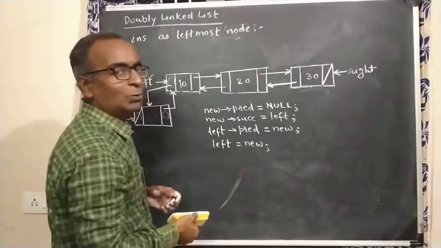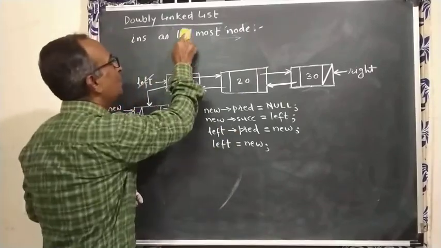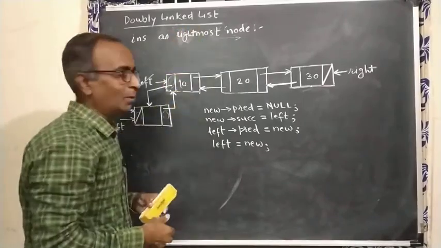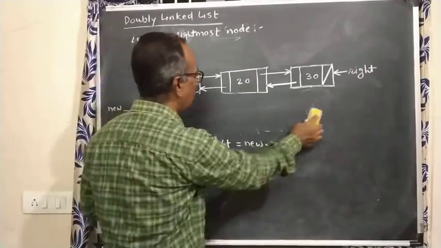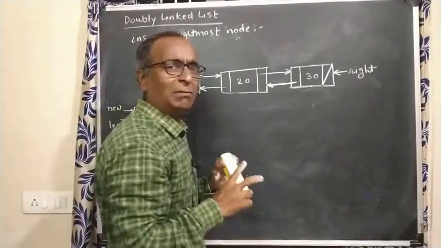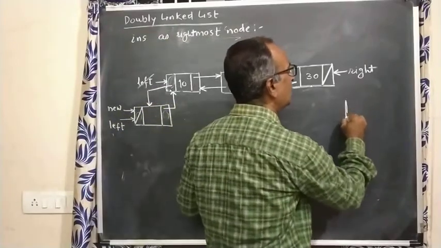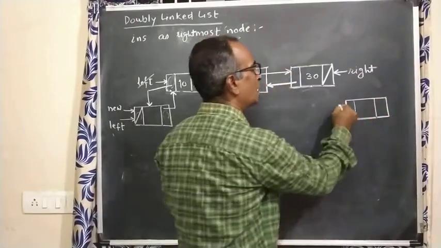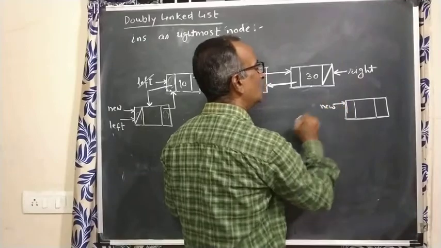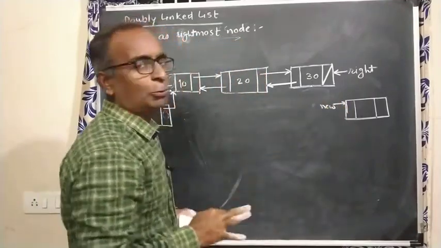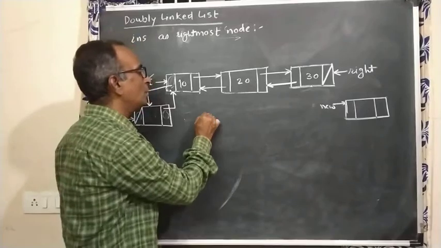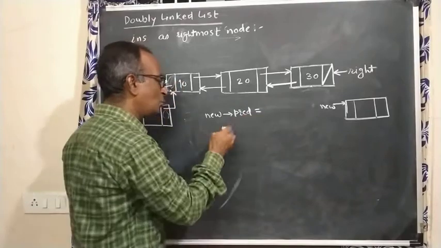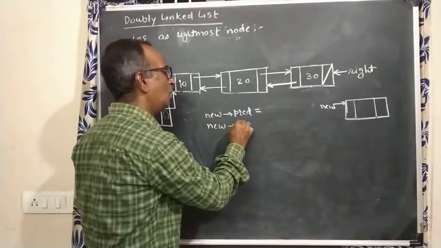Now as a rightmost node, if you want to write, instead of leftmost, now I want to insert as a rightmost node. Rightmost node, what will be your pointer fields? Similar thinking will be required. New node is created by dynamic memory allocation functions, either malloc or calloc. This is pointed by new. Now pointer adjustments we want to do, always set link fields of new node first. So new's predecessor, new's successor, in rough work you should do this.